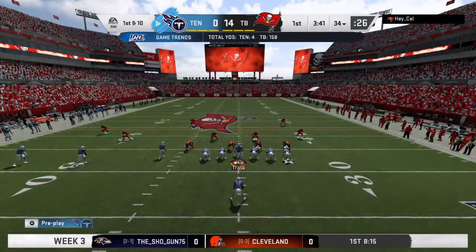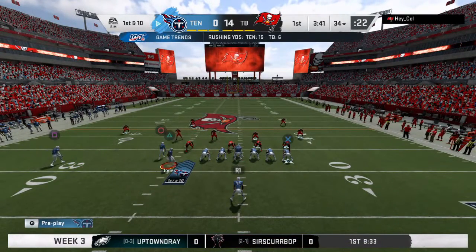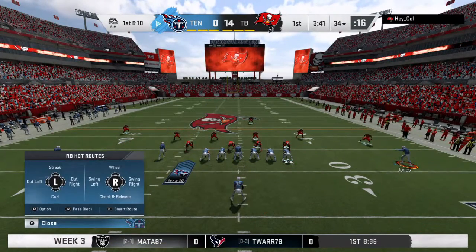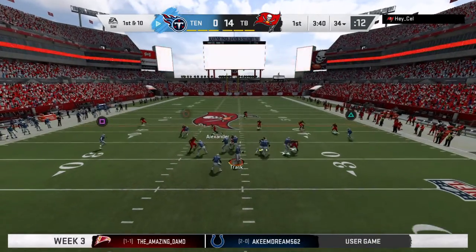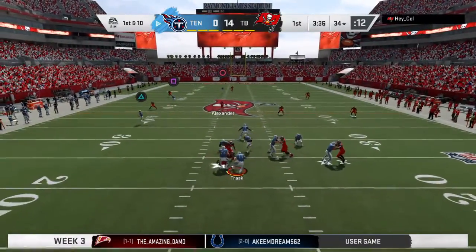The Titans offense set to begin the drive. Already down 2 touchdowns here in the first half. This becomes a pretty important drive, doesn't it? It certainly does, and a lot of the teams script plays. We know that, right? They have a script to start the ball game, and typically those scripts go between 12 and 24, 25 plays. Down 2 touchdowns early, probably not very deep into their...